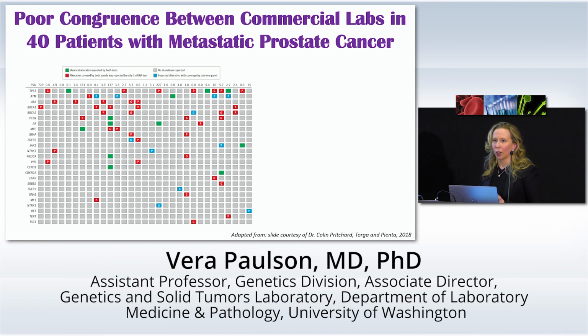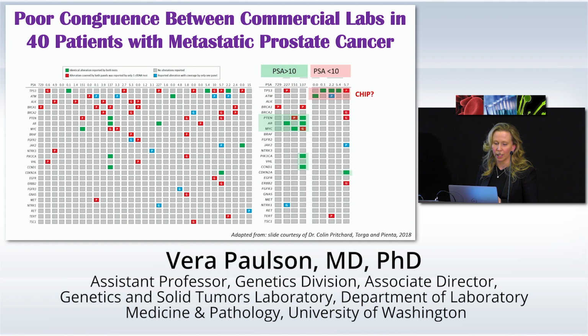Notably, both of these assays are using ultra-sensitive NGS methods. So they're sequencing these things 8,000 times. And you'd think that could improve sensitivity, but really it's also introducing the possibility of false positives. What's also concerning is that there is potential that these are detecting non-prostate cancer, right? So this is 40 patients with metastatic prostate cancer, if I didn't say that, but detecting non-prostate cancer alterations, particularly when you start looking at some of the genes that these alterations are concordant in, like ATM and P53.